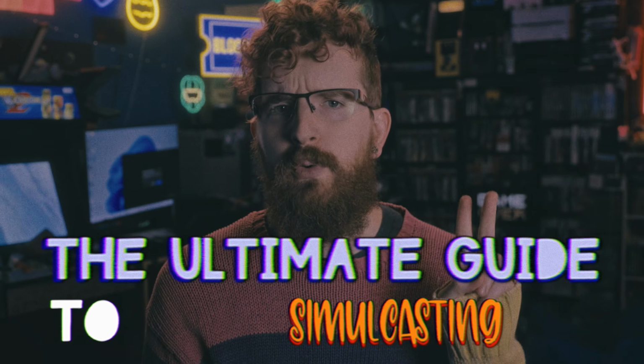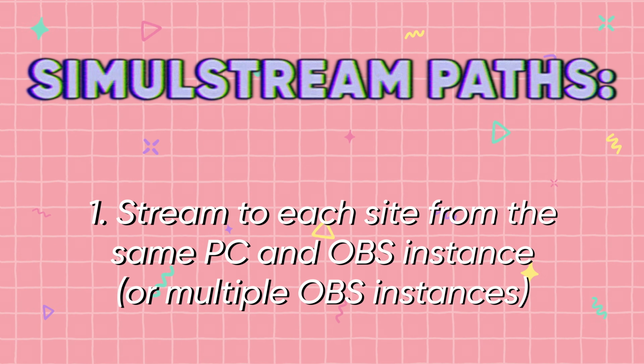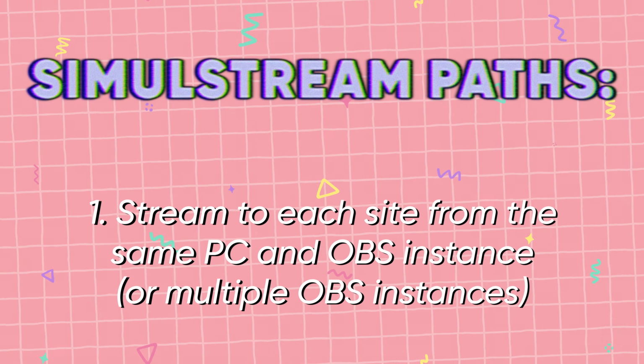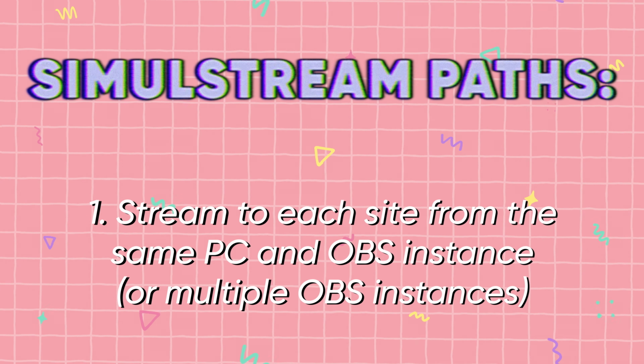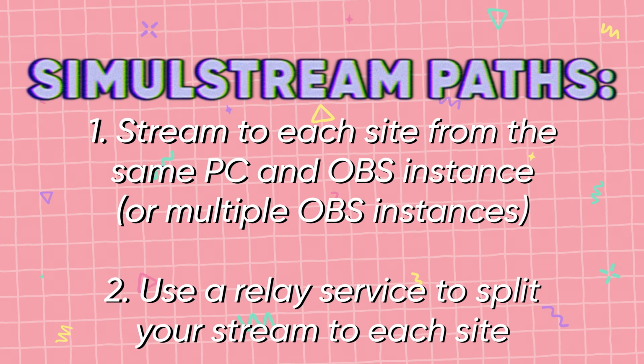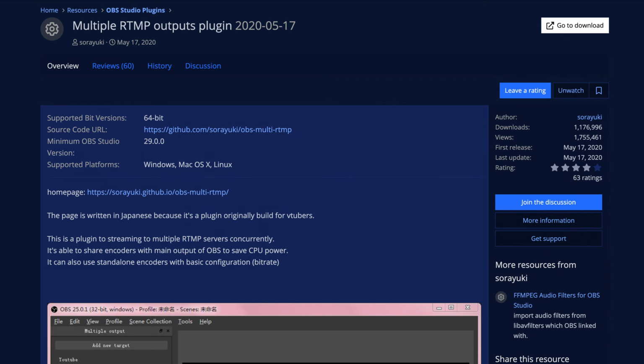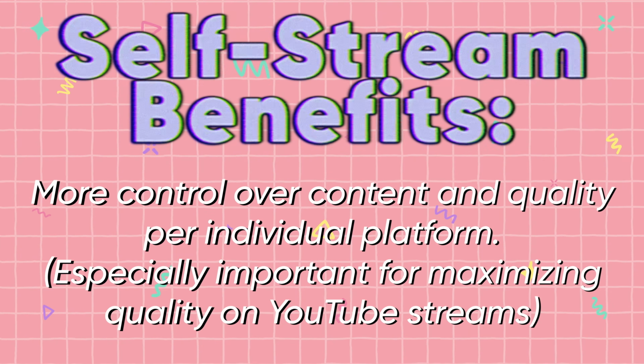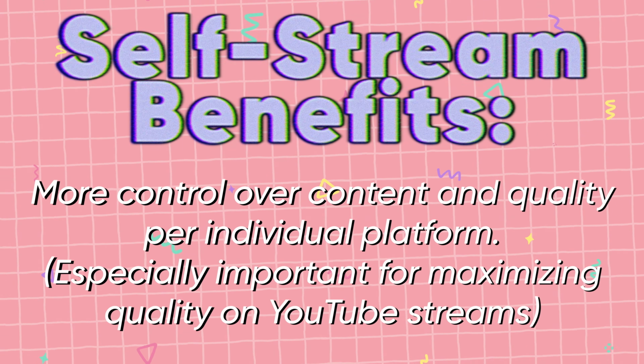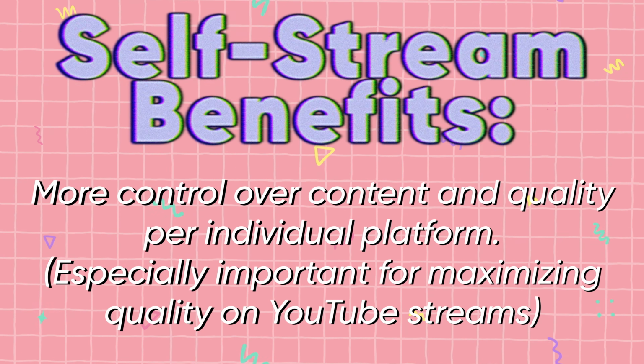There are two primary paths you can go down for this process. The first is to stream to different websites from your computer directly, and the second is to go with a relay service. Multicasting, multi-streaming, whatever, from your computer means using a plugin, which I'll walk you through in a moment, to push your feed to YouTube, Twitch, Trovo, and so on at the same time from your dedicated computer. This has many benefits, giving you complete control over your quality and settings for each platform and when each stream